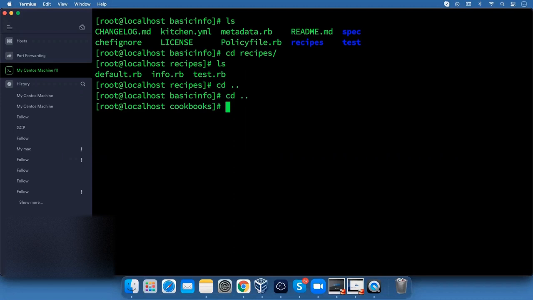again and run this code. First run this Ruby code normally, chef-client -zr, the cookbook name is basic info and the recipe name is info.